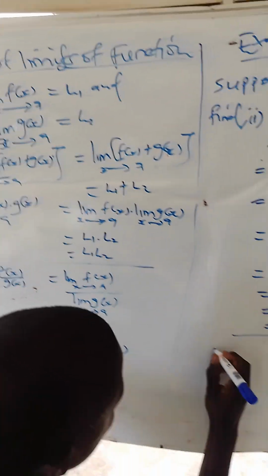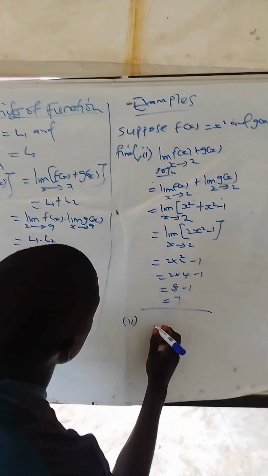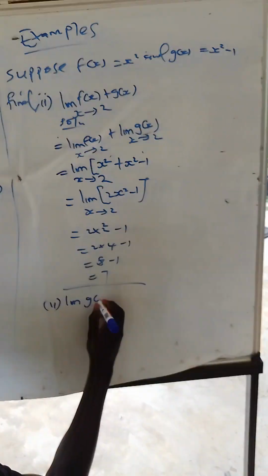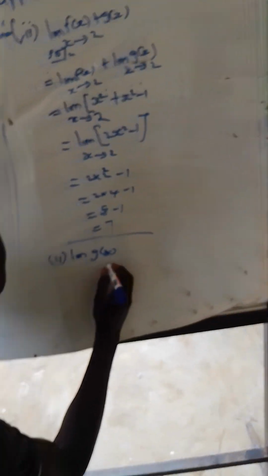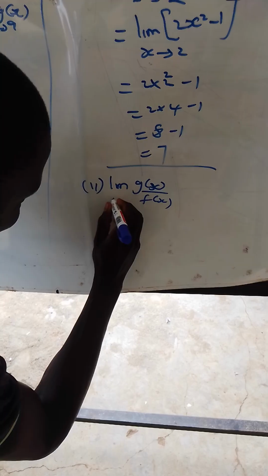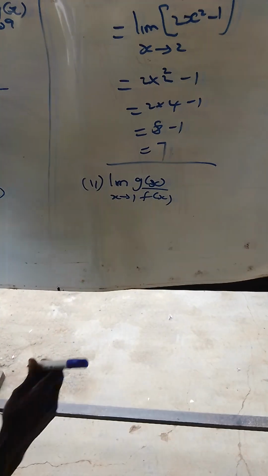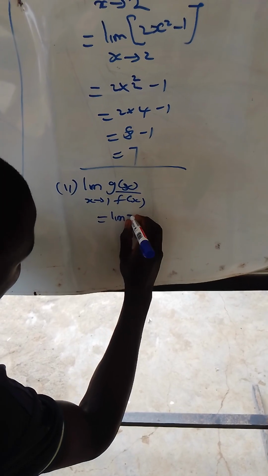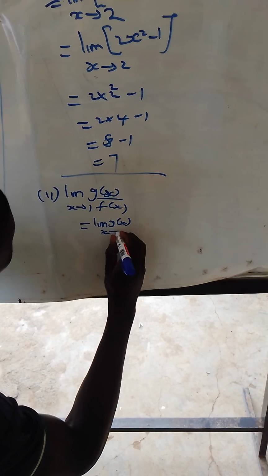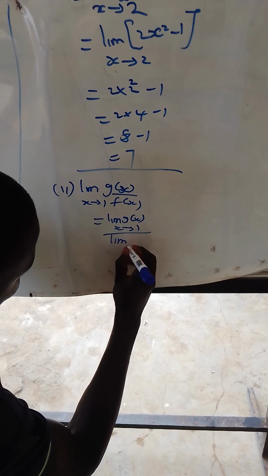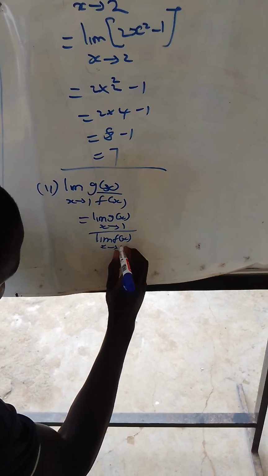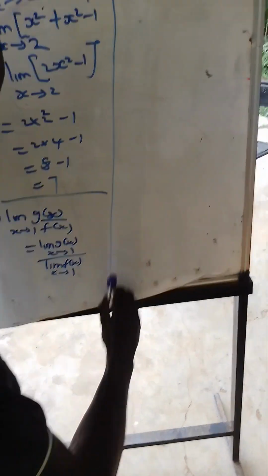Our second example says, let's find the limit of the function g of x divided by f of x for x tending into 1. Now members, here we shall say our limit of the function g of x for x tending into 1 divided by our limit of the function f of x for x tending into 1. Now this one can be written as,